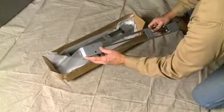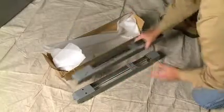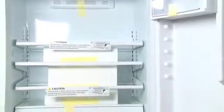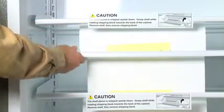Next, install the leveling system. To accomplish this step, the unit will need to be placed on its back. Make sure the internal packaging is in place. If the internal packaging is no longer intact, remove shelves, bins, and other components